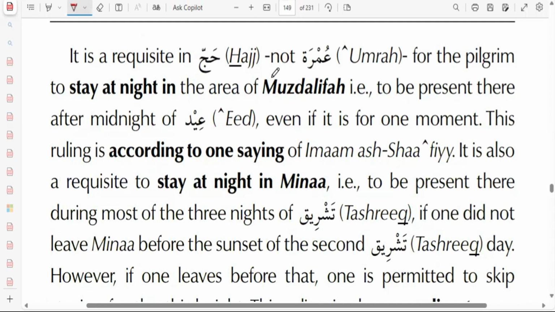It is a requisite in Hajj, not Umrah, for the pilgrim to stay at night, or if you want, to spend the night in the area of Muzdalifah, the precinct, or the district called Muzdalifah, i.e. to be present there after midnight of Eid, even if it is for one moment. So what do we have after the midnight of Eid? We have,